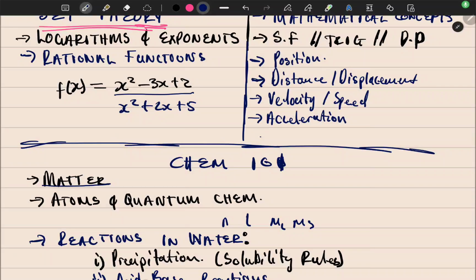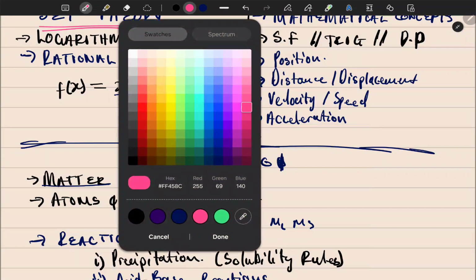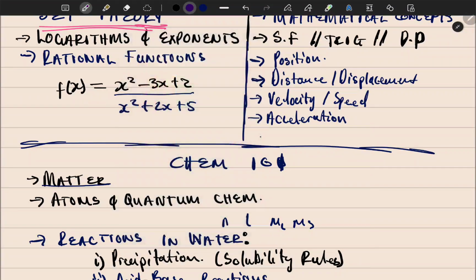I'm about to put myself in prison. I've done this big crime. You know what I've done? I've forgotten to tell you something which comes in Chem, and that is called stoichiometry. This is a big thing. You're going to be dealing with stoichiometry, and you're going to be dealing with